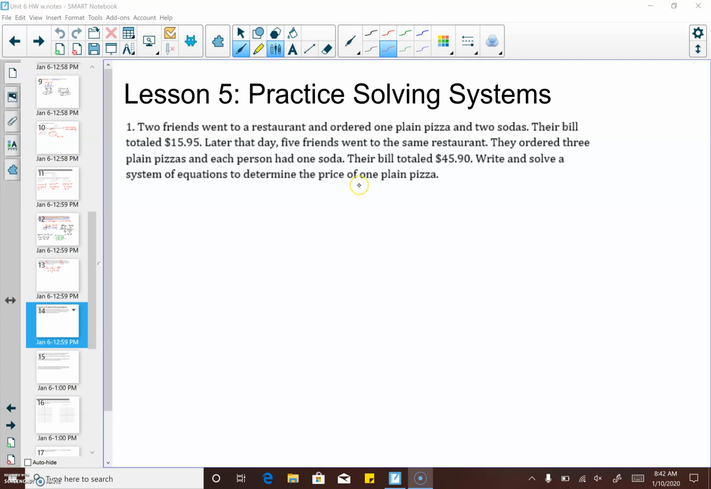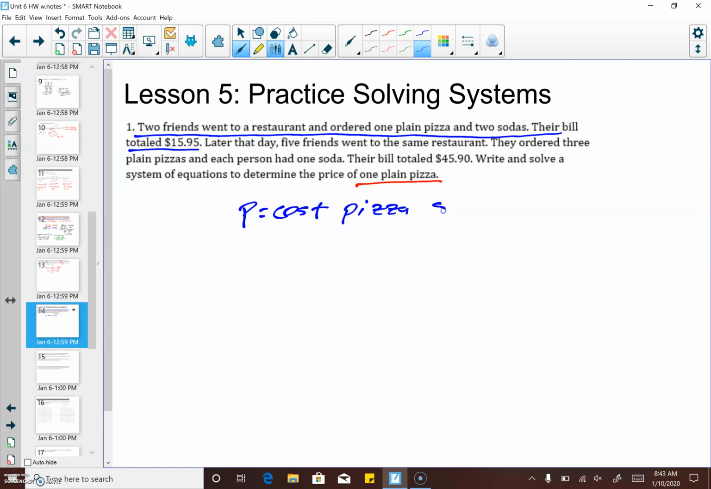So the first thing I want to underline is the fact that we are only looking for the cost of a pizza. So we might find a soda, but it's going to be kind of useless to us. This is one of those problems where there are 2 scenarios. There's one group of friends and a second group of friends that both deal with pizzas, sodas, and price. So therefore, each group of friends gets their own equation. So we're going to use P for the cost of a pizza, and we'll use S for the cost of